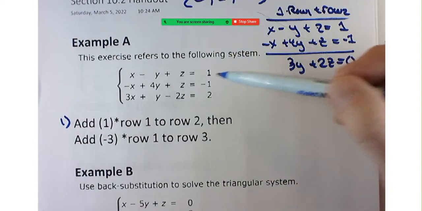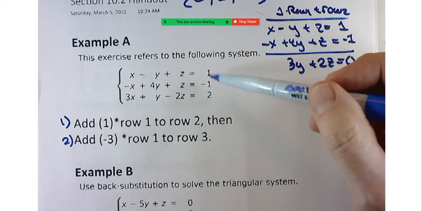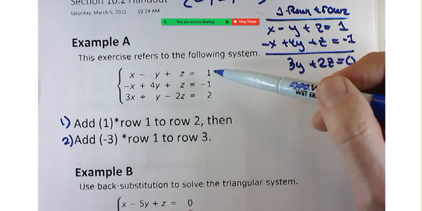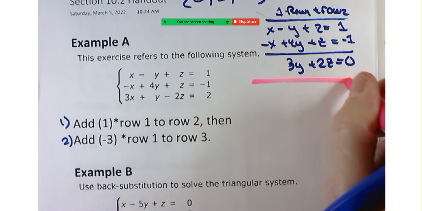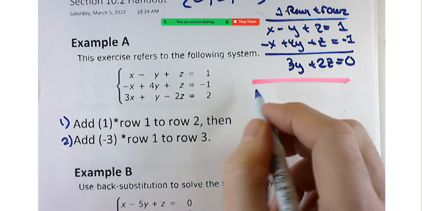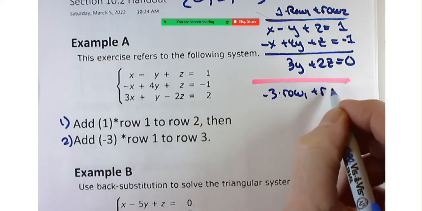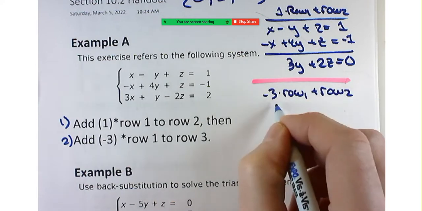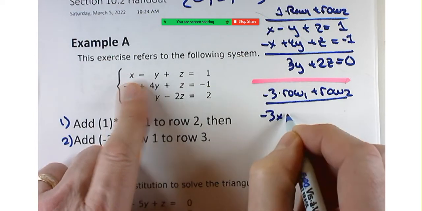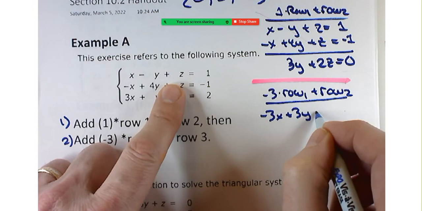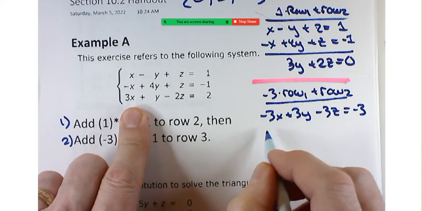And I kind of asked you to do that again, except this time I want you to add -3 times row 1 to row 2. So let's do that. Put a little bar here to keep these clear, but they're separate. So -3 times row 1 added to row 2. Let's see how that would look. That's going to be -3x plus 3y minus 3z equals -3. Added to row 3, I wrote